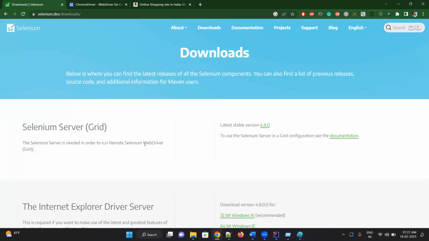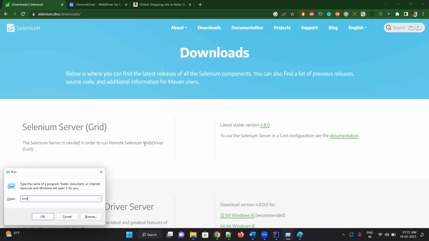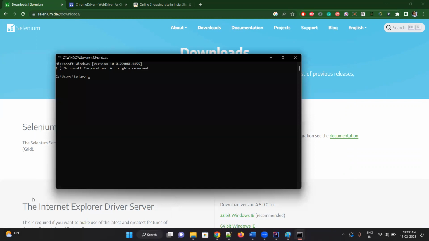So before that, we should have Java, right? How do you check whether Java is there or not on your machine? We go to CMD from Run, and in the CMD command we type java -version. If you see any version like 1.8, 1.9, 11, 17, 18, it means Java is installed, so you can use Selenium directly. But if you get an error like 'java is not recognized as an internal or external command', then you should install Java first,